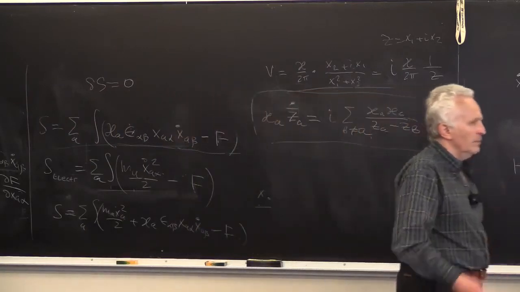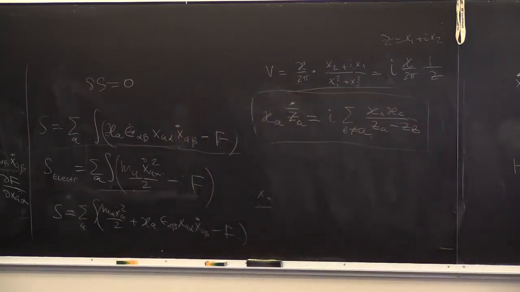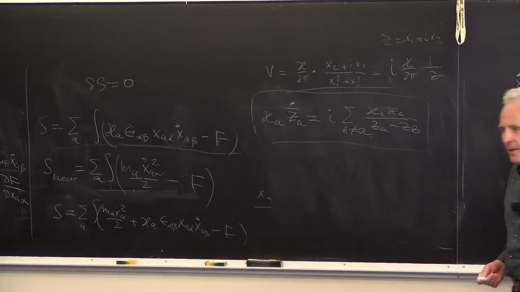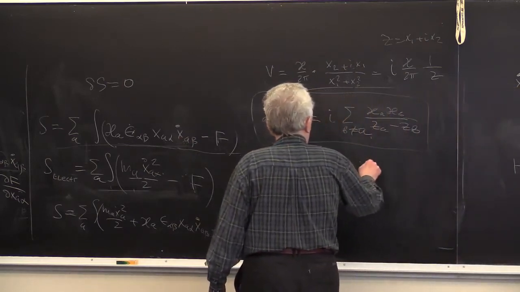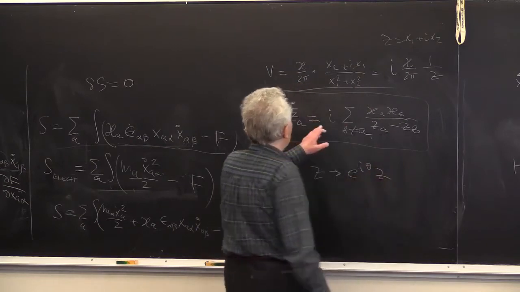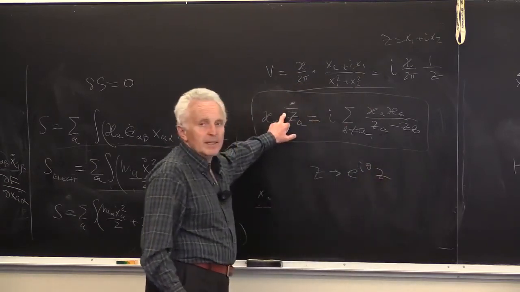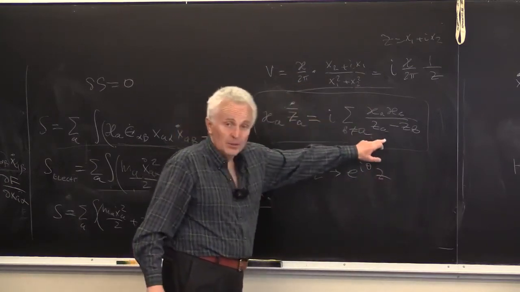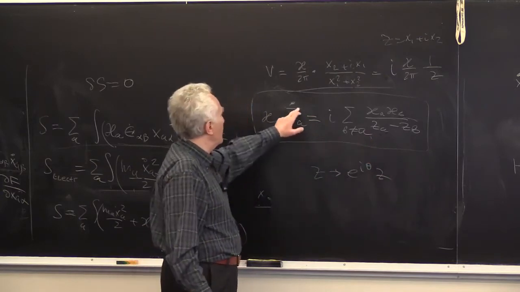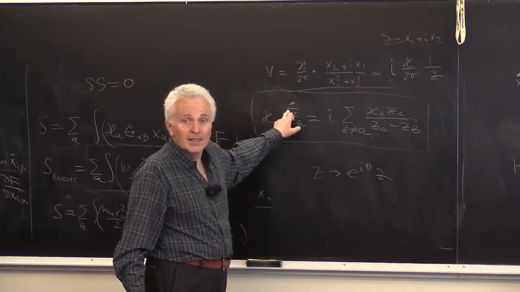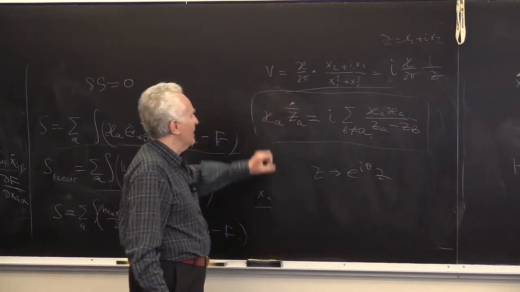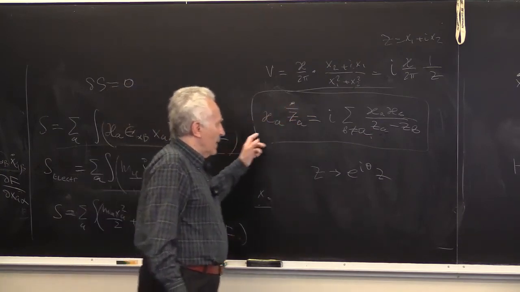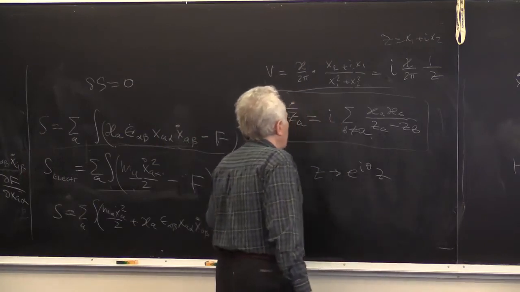What are you supposed to do? I guess we're going to replace z with e to the i phi. Exactly. And then you see you get e to the minus i theta here, and also e to the minus i theta here. If you write down z instead of z bar, you break the symmetry. So that's one small point.